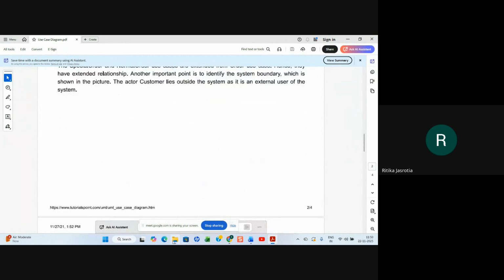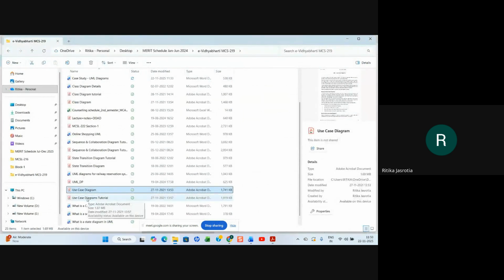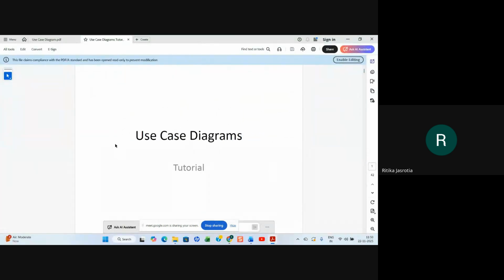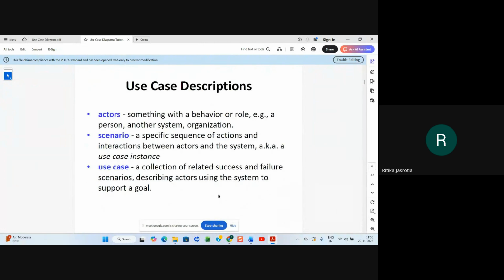We'll go for another. I think the same thing is there. Okay. So this is a tutorial which is given. Again, they have